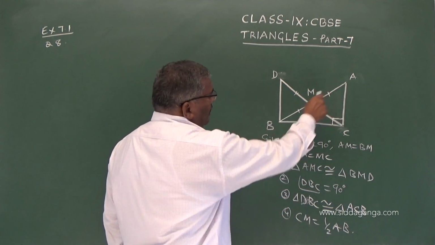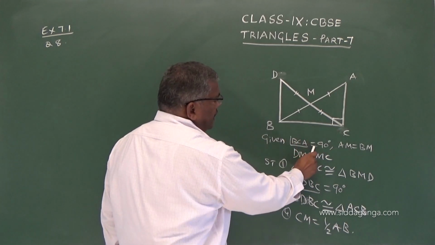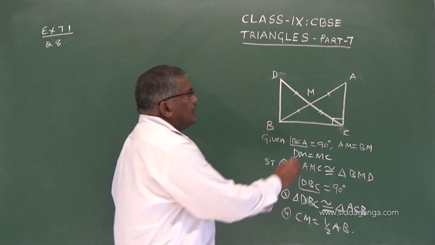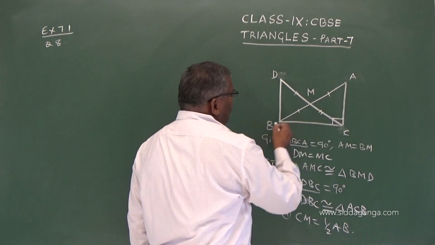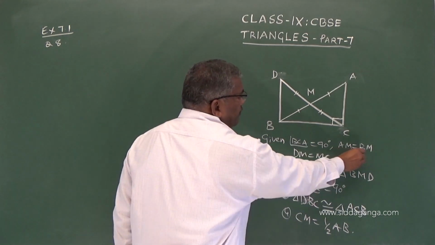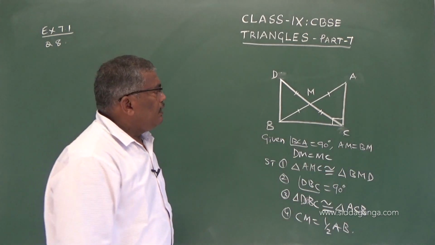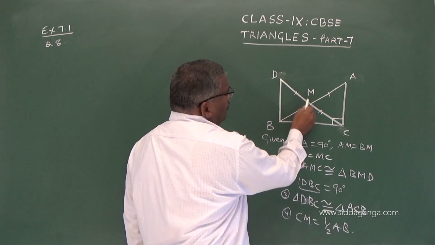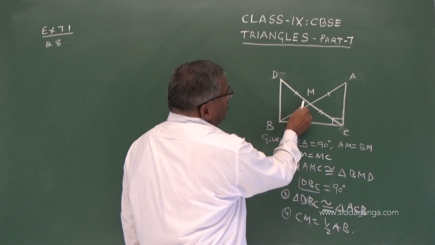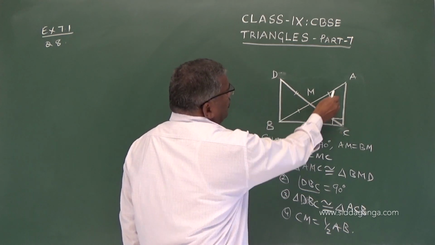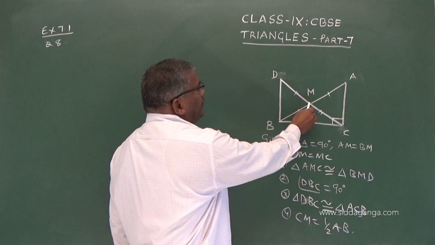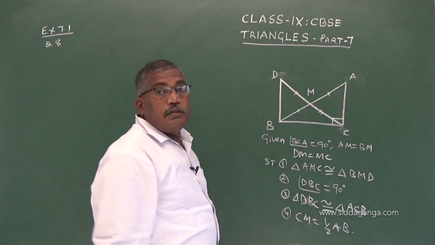Triangle ABC, angle C is 90 degrees, that means angle BCA is 90 degrees, and M is the midpoint of AB. Therefore AM will be equal to BM, and it is also given that BM will be equal to CM. So therefore DM is equal to CM. These two are equal, and AM is equal to BM. So M is the midpoint for both these two lines. So now,